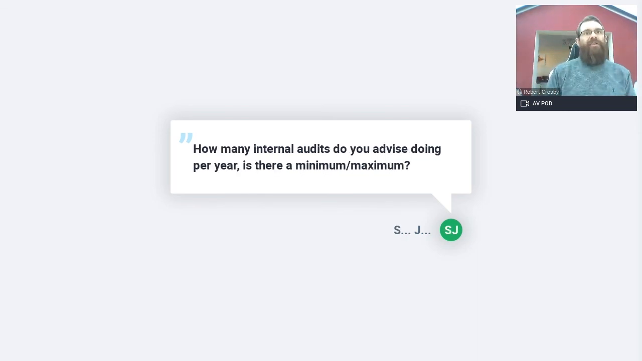How many internal audits do you advise doing per year? Is there a minimum and maximum? So for new organisations that are just being registered onto a standard, you have to carry out an internal audit of that full system, covering